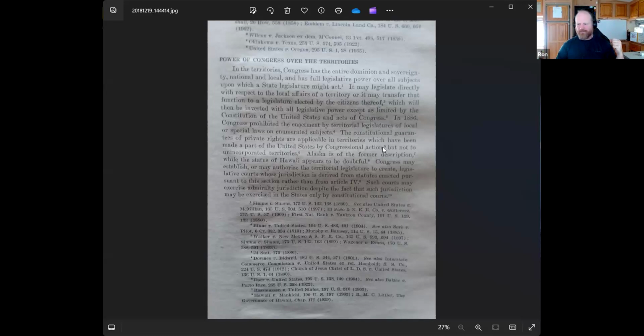It doesn't tell you what that means, but we go on a little bit further and it says, but not to unincorporated territories. If we go to Downes versus Bidwell, which is in the footnotes down here in the citations, and you read that case, it talks about incorporation and what it means. So wait a sec. This is probably going to confuse people like it did with me. We need to have a firm grasp of